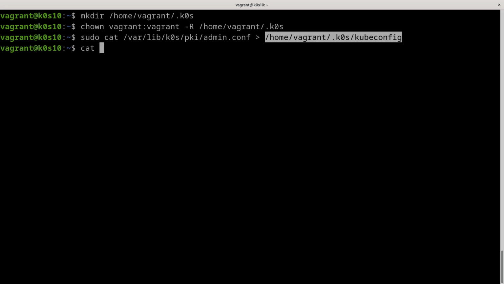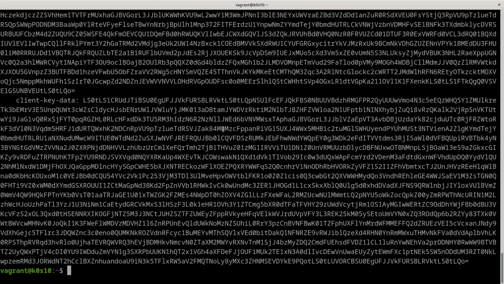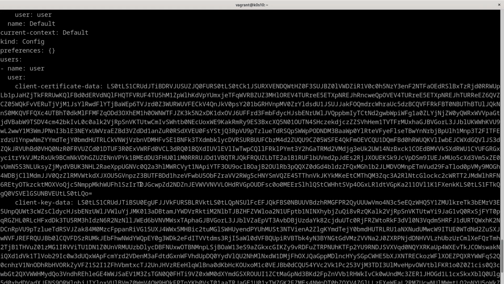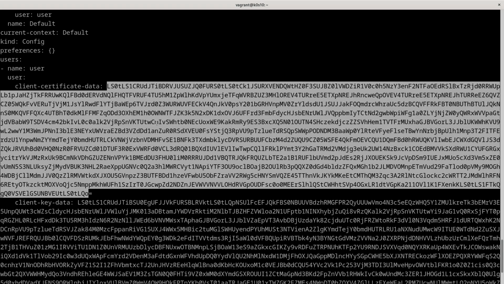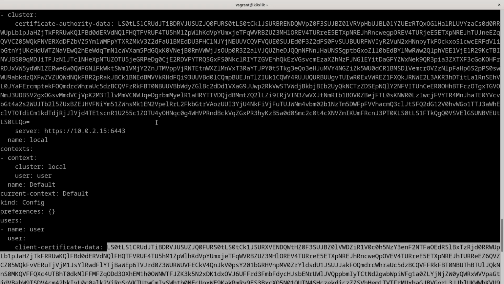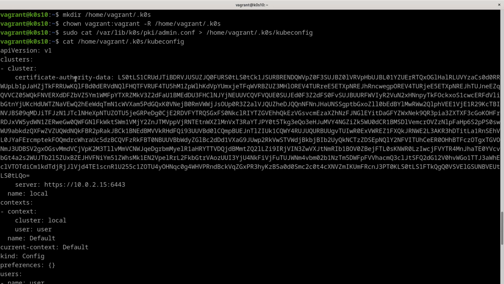We can check that we have it here, and you can see we have a client certificate and a key for our client. This is our own certificate data, and the cluster certificate authority for the TLS. So this is the CA of the TLS of our Kubernetes cluster.